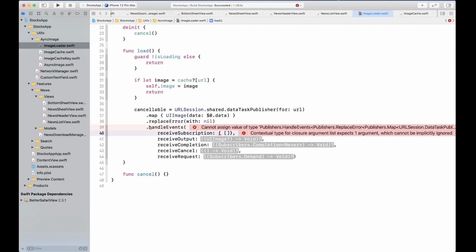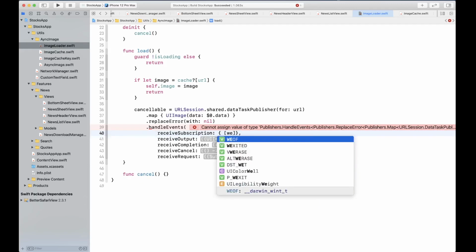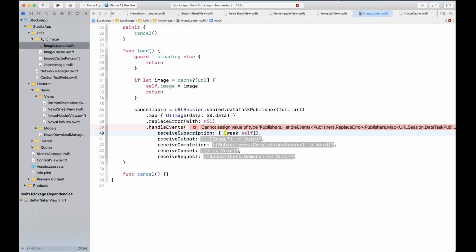So first, let's get the reference for weak self, and we're going to say self.onStart, call this function on start. We don't have that function, so let's go ahead and create that. We're going to populate these functions in a minute.